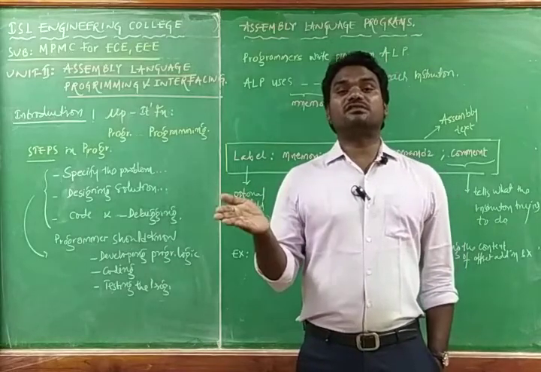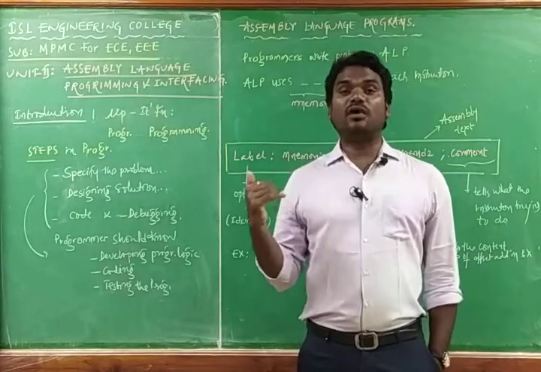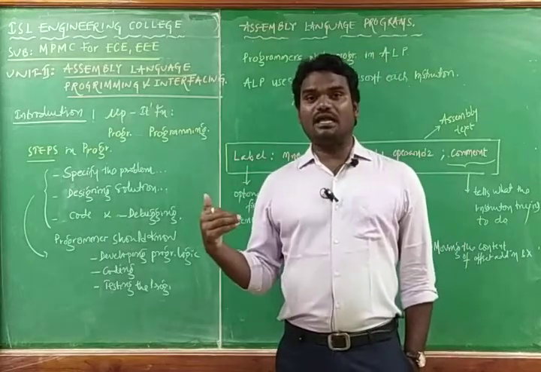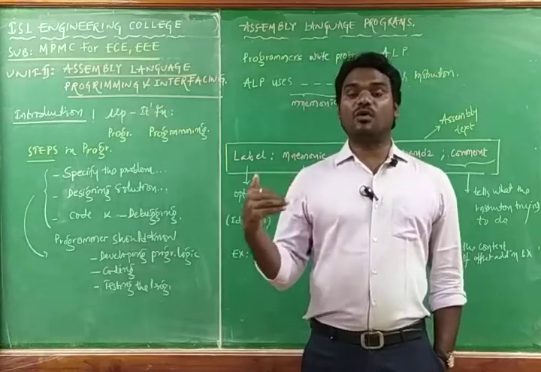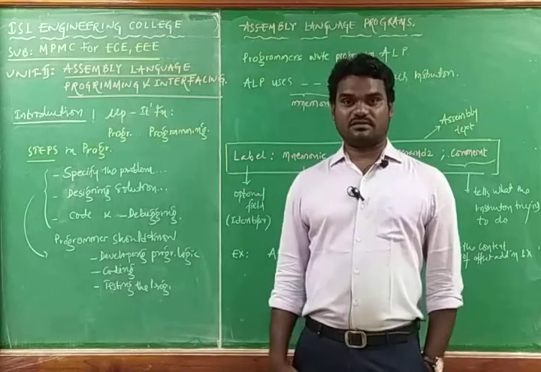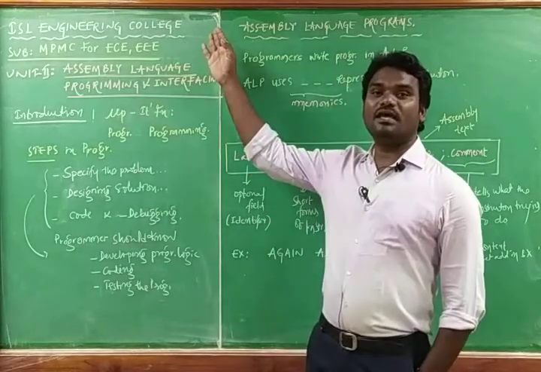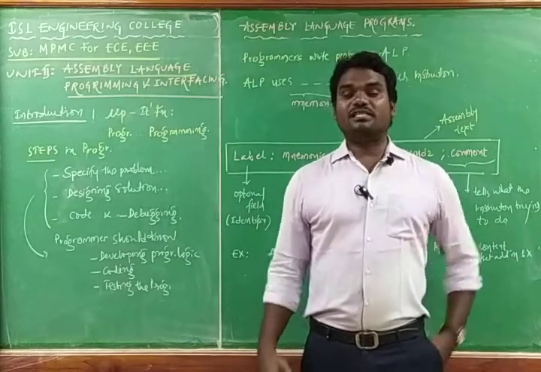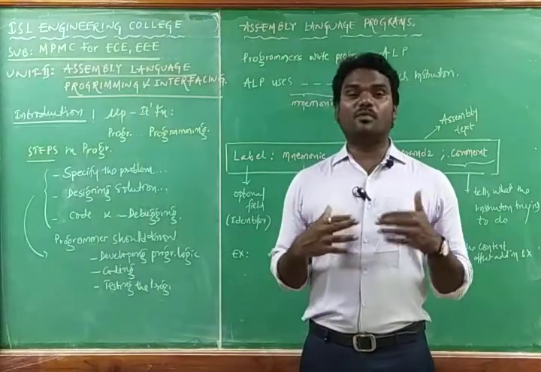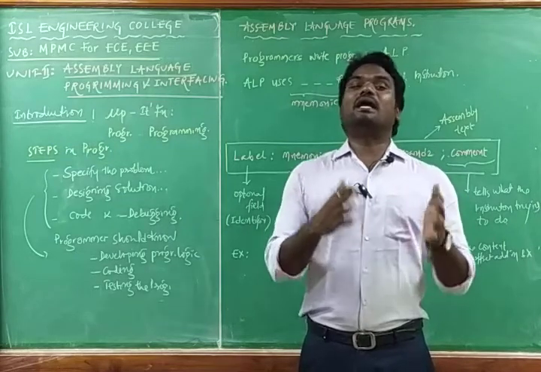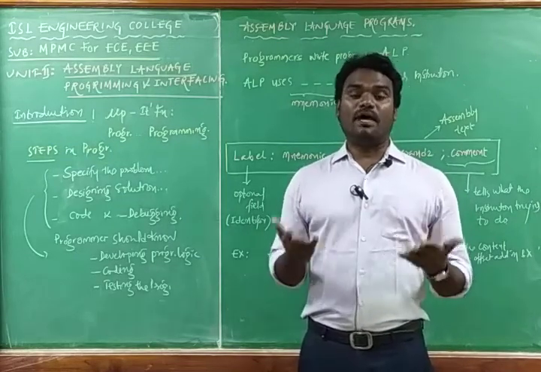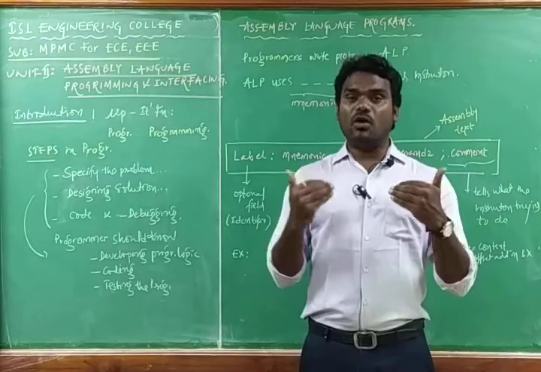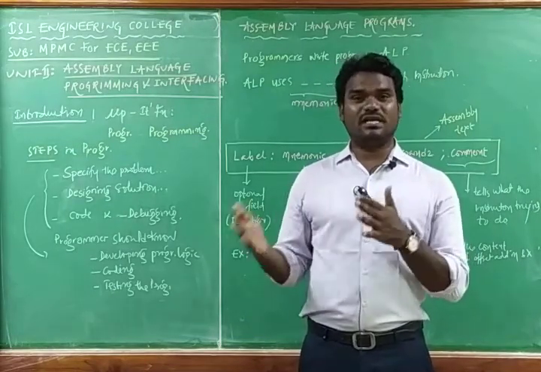Which tells the processor what it has to do exactly, which function it has to perform exactly. The instructions, or the program, is going to tell the processor, and that program is nothing but an assembly language program. An assembly language program is developed by the programmer, but it can't be understood by the microprocessor, because the microprocessor is a machine. It can understand only machine language, that will be in zeros and ones.